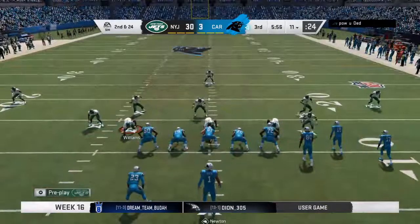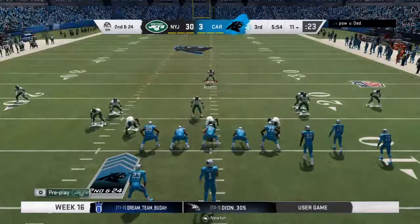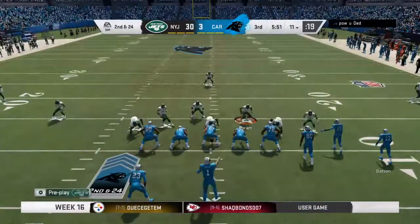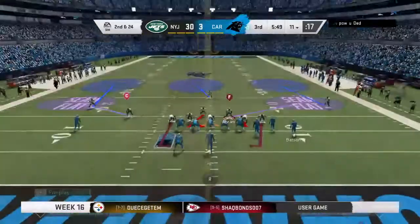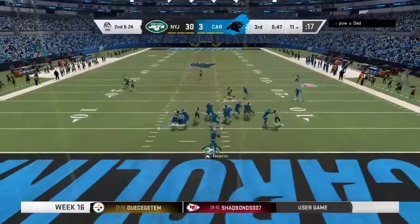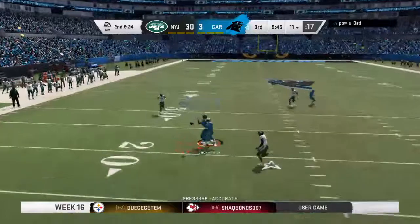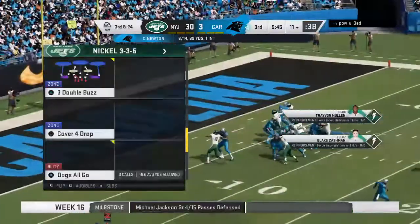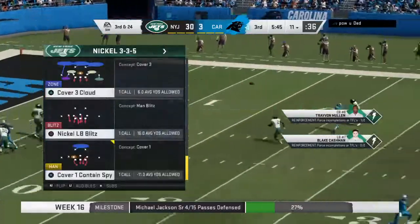So after the sack, a scenario you certainly don't work on too often. 2nd and 24. To throw is Newton. His throw incomplete. And Charles, got to like what this defense has been able to do these last couple of